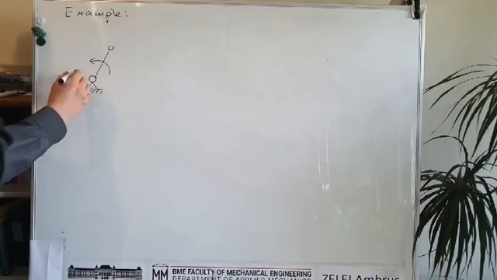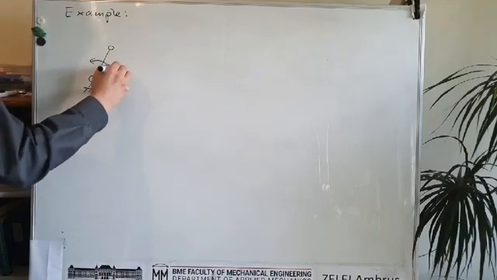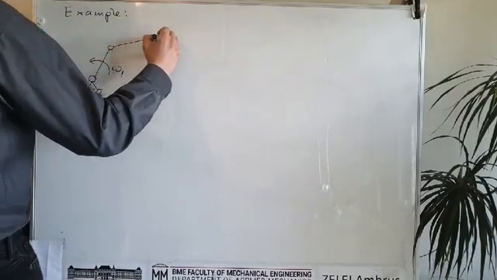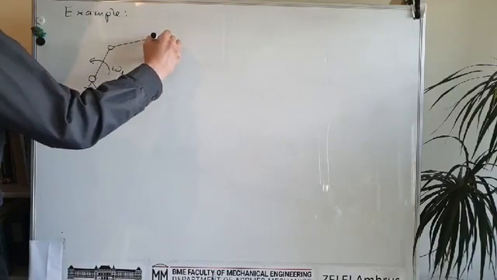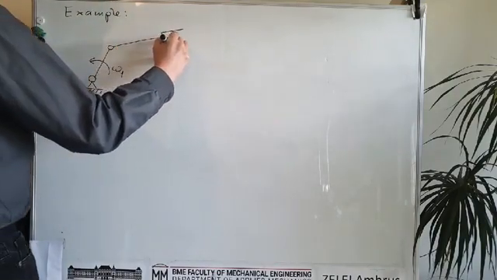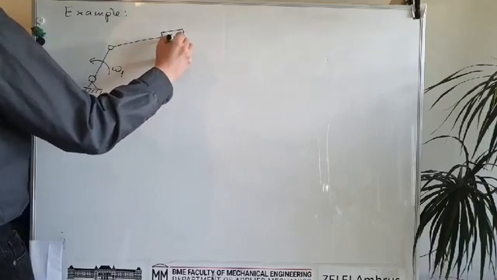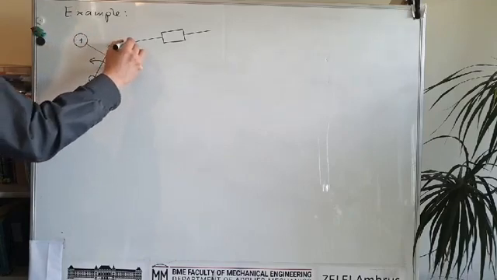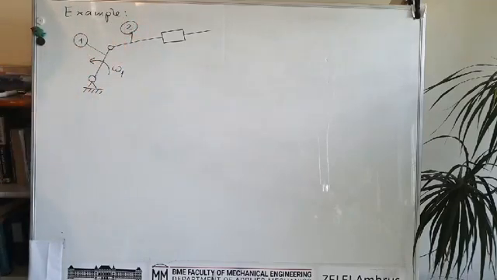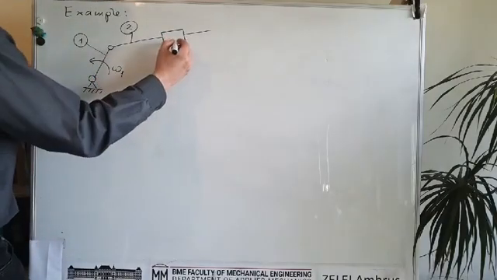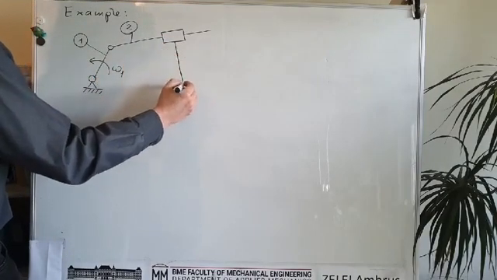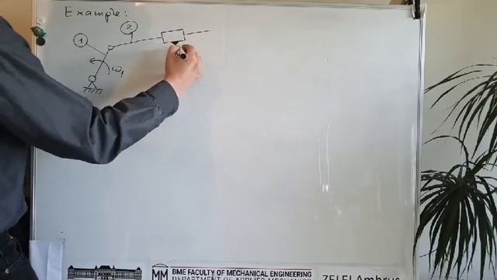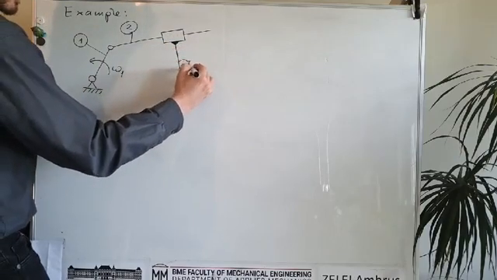It rotates with angular velocity omega 1, and then another straight bar is attached with a revolute joint, and then there is a slider, and this was the first and this is the second link in the mechanism, and the slider is a third rigid body, but it is also fixed rigidly to another bar, so they are welded here, let's say,